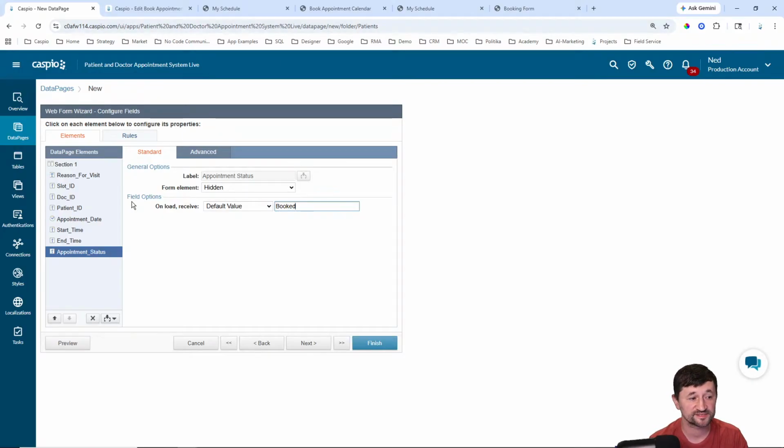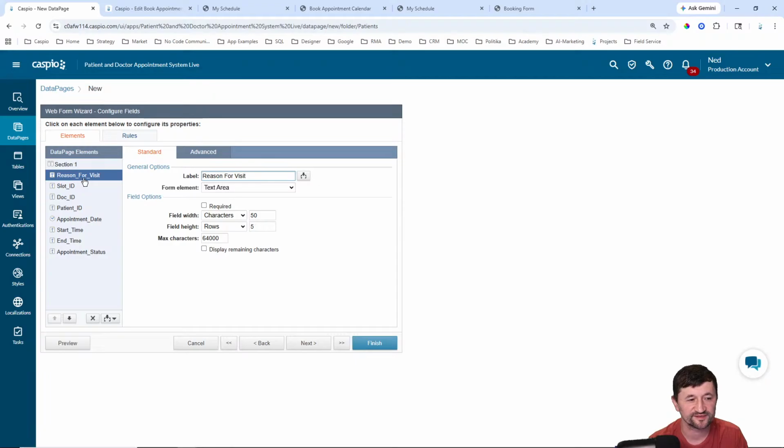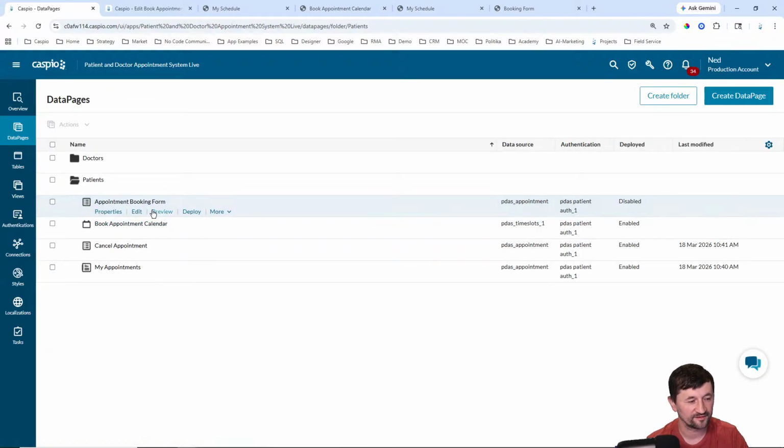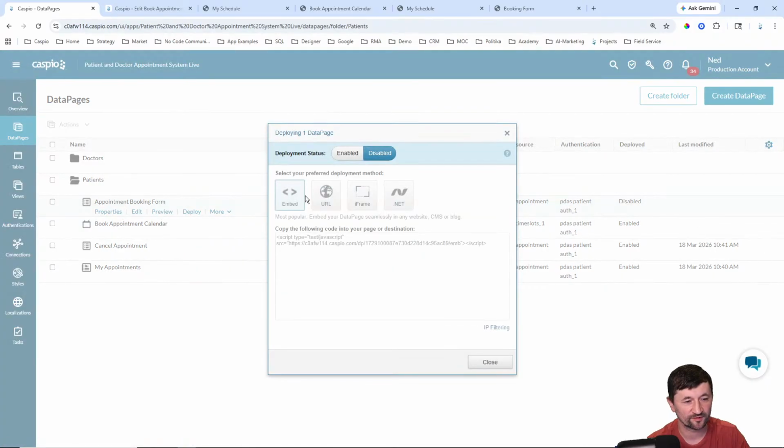The only thing that's visible on this form, which is somewhat insane, is just reason for visit. And that's probably going to be a required field anyway. Okay, but all of these other fields are hidden. And there's a total of 7 fields. We click next, and I'll come back to this in just a moment. Let's hit finish. Okay, the first thing that I want to do is grab the URL to the booking form